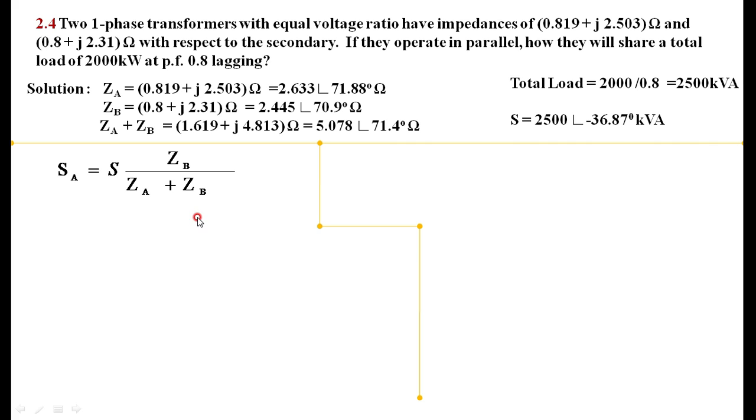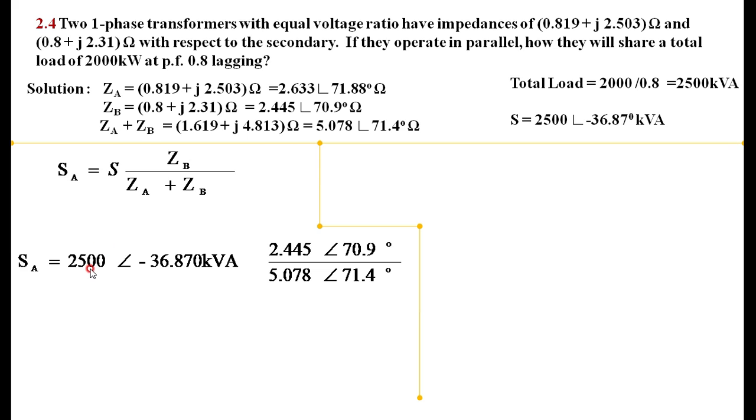Okay. Now the load shared by the transformer A, the expression is S into ZB divided by ZA plus ZB. Everything is there. You just have to substitute the values of S, ZB, ZA and ZB. S is already given here. Therefore, I am putting S here, and ZB and ZA I am putting directly from the polar form. You can put them in the rectangular form also. Then you can make use of your calculator to calculate the value of SA. SA, what I am getting is